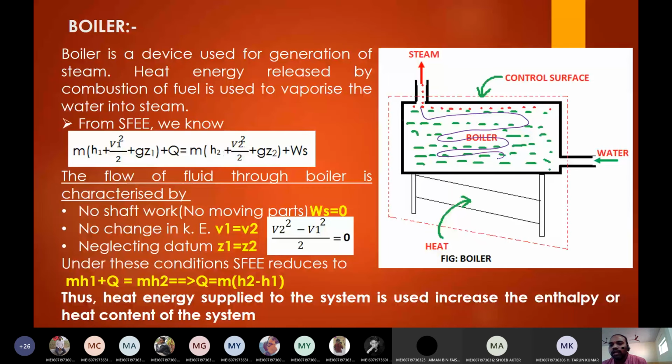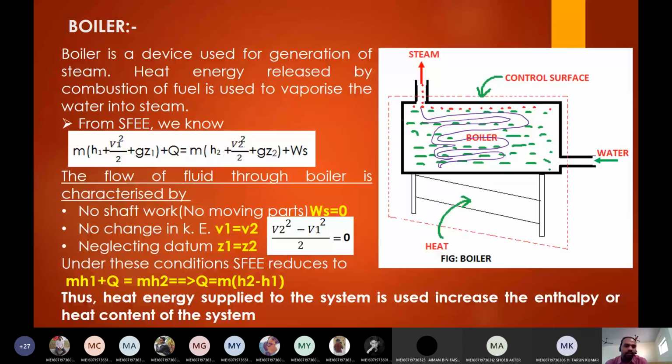Again, boilers are of two types, water tube boiler and fire tube boiler. Depending upon the type of boiler, the position of the gases and water is going to change. If it is a water tube boiler, inside the tubes water is flowing, and outside the tubes are exposed to the hot gases. If it is a fire tube boiler, inside the tubes hot gases are moving and outside the tubes are surrounded by water. Leave it, whether it is water tube or fire tube. Now, there are no moving parts, so shaft work will be 0. And we are assuming that the velocity of the fluid is constant, V1 equal to V2. Therefore, kinetic energy can be neglected.